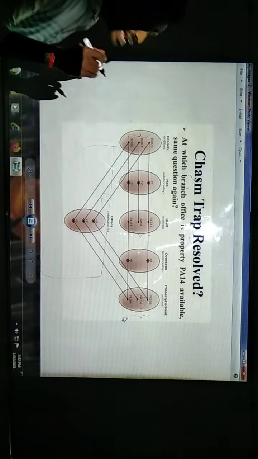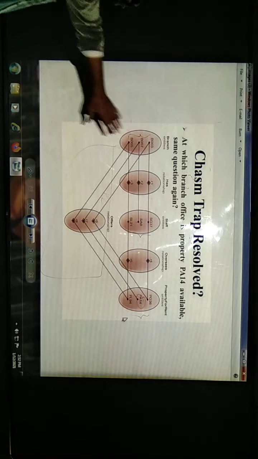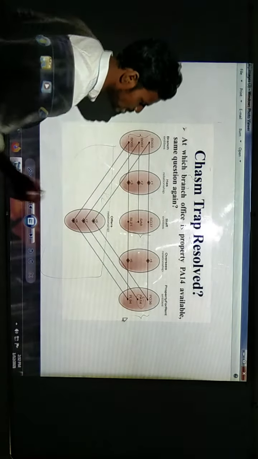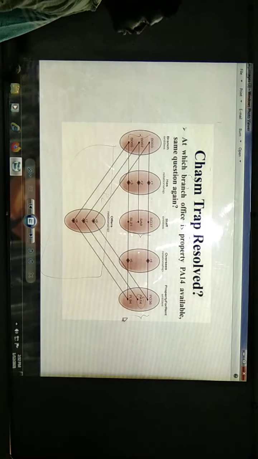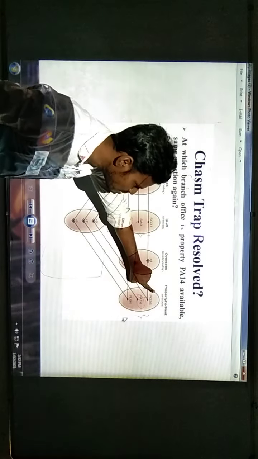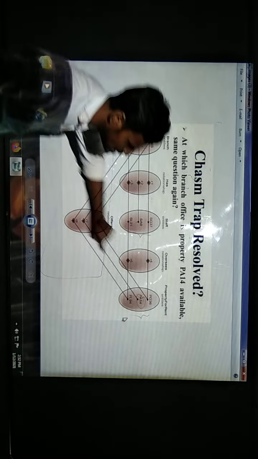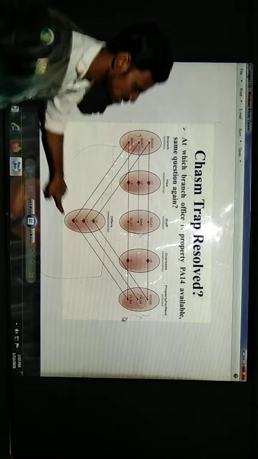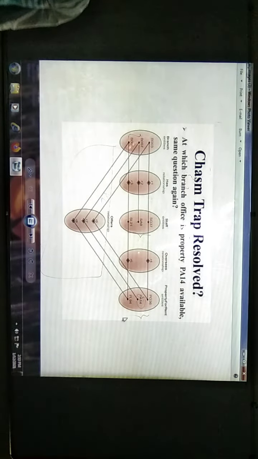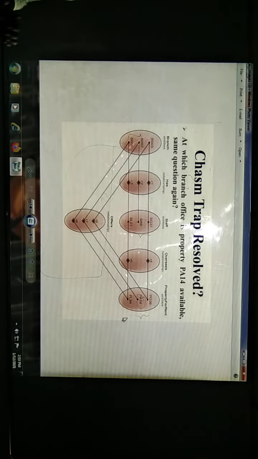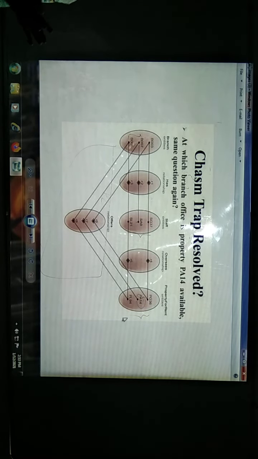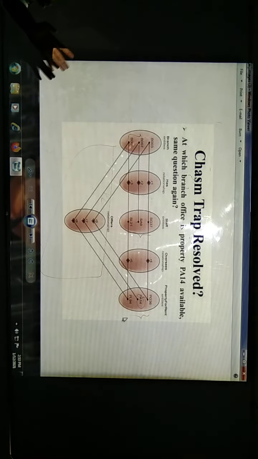In order to not have that particular ambiguity, we will be creating one more relation called every branch offers a property. So that the first branch is offering the first property, second branch is offering the second property, and third branch is offering the third property. In order to overcome our trap, we need to create one more relation. So every entity should have some relation, so that we will be having a clear idea how it is associated